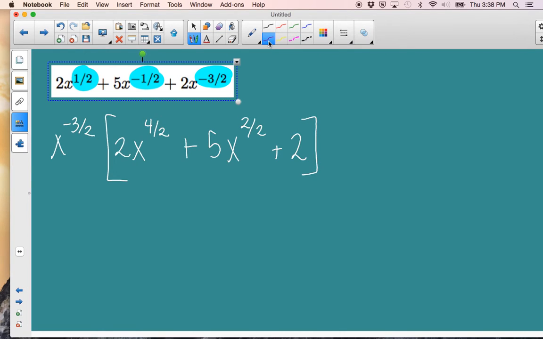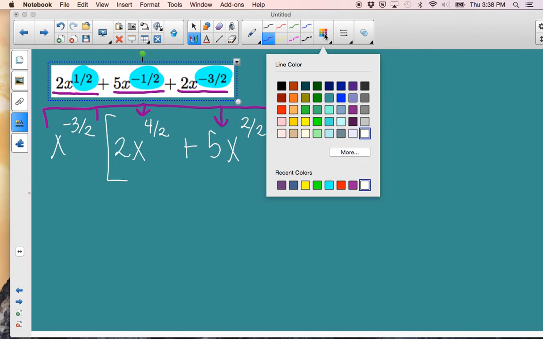And now again, we double check. Does this GCF times this first term give you 2x to the 1/2? And it does. Does this times the second part here give you your second term? And yes, it does. And then does that GCF times 2 give you your third term? Well, yes, it does. So that means that your final answer here is